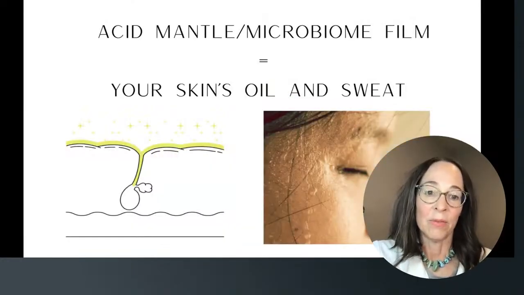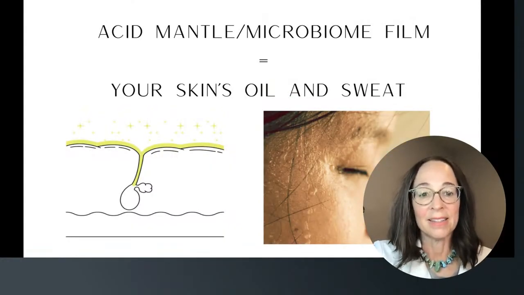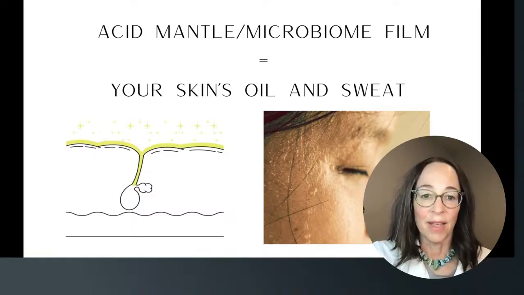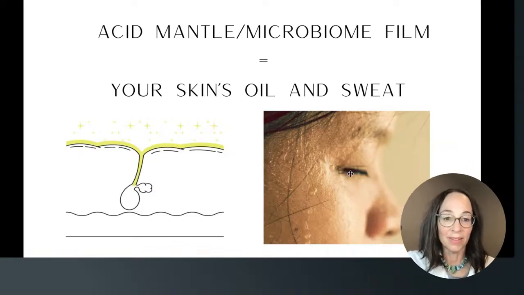And when we talk about barrier, specifically it's our acid mantle. And it's this very, very thin line of oil. Another word for it would be microbiome film. And this oil, if you're looking at this bright yellow color on my diagram, I'm trying to point, I'm realizing that the pointer isn't showing for you, but let your eye go to this yellow part of the diagram that I've made,